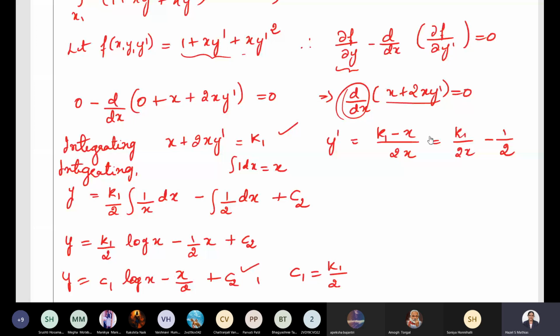So what have we discussed in today's class? Today we have discussed functionals and one property of functionals. Then we have discussed the necessary condition for the functional to achieve extremum. That is, we have derived Euler's equation, and making use of this Euler's equation, we have solved a few examples wherein we learned how to find the function for which the functional attains its extremum.